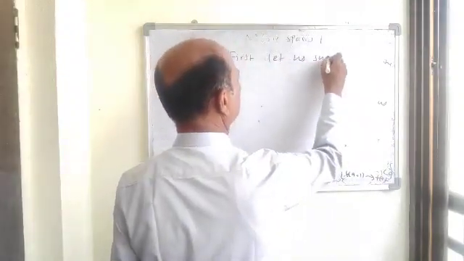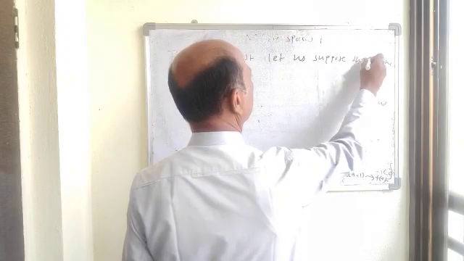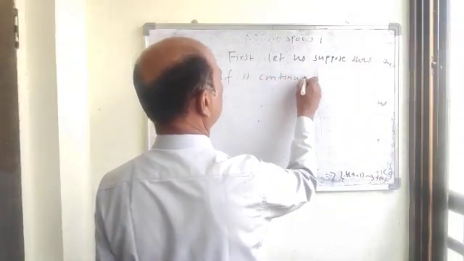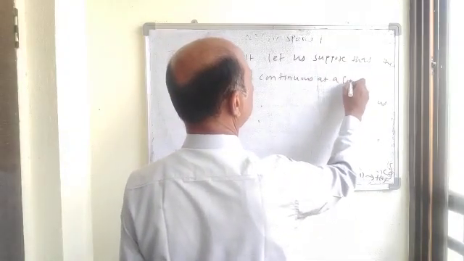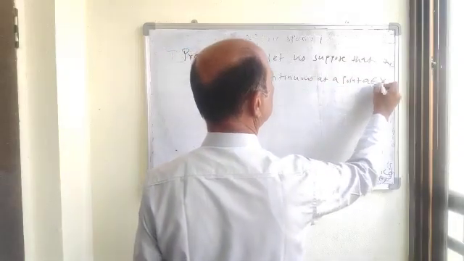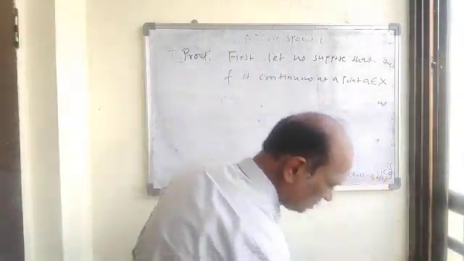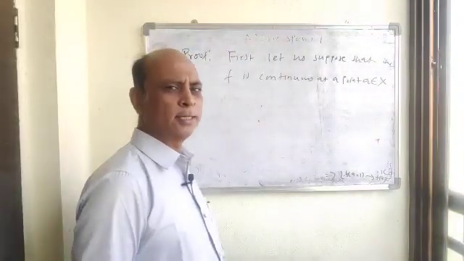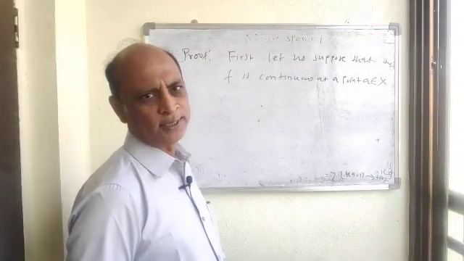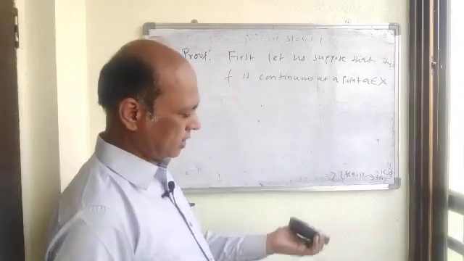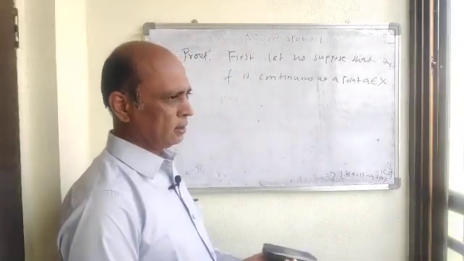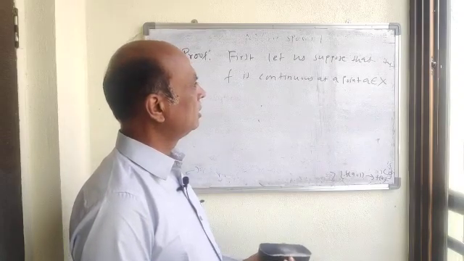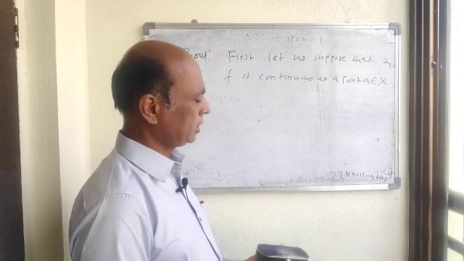First let us suppose that f is continuous at a point A belonging to capital X. And of course we are considering two metric spaces, that is (X, d1) and (Y, d2). So f is continuous at a point A belonging to X. We have seen earlier the definition of continuity in a metric space. So by using that definition,